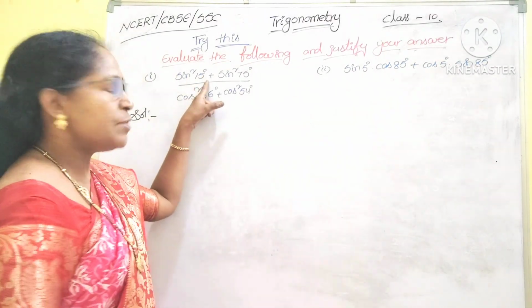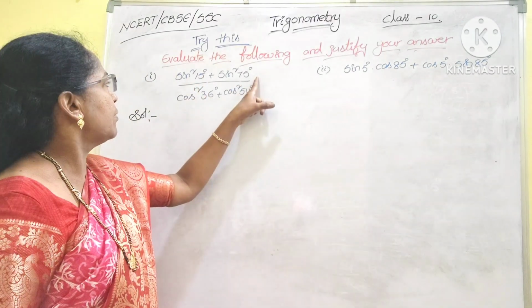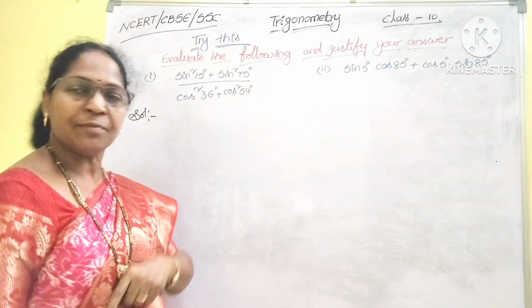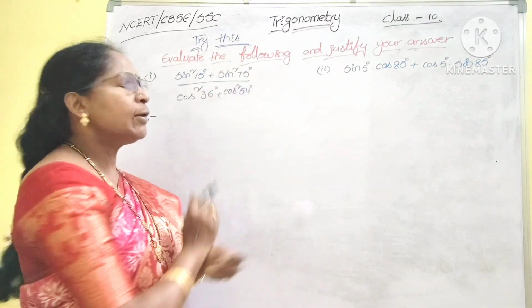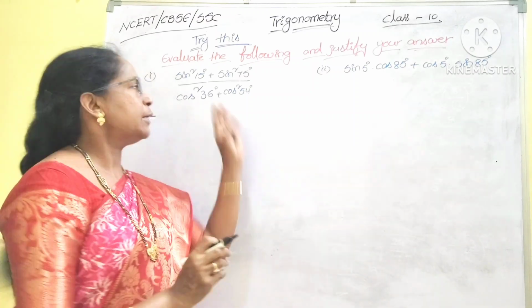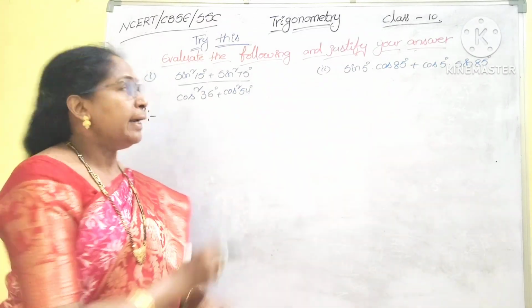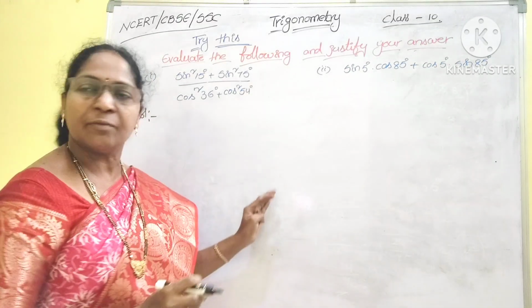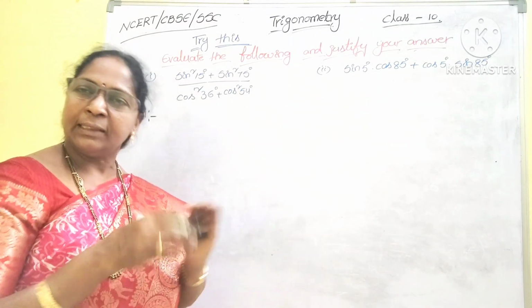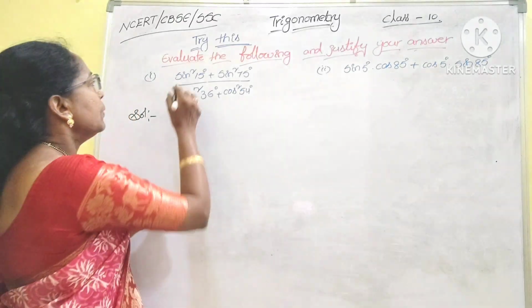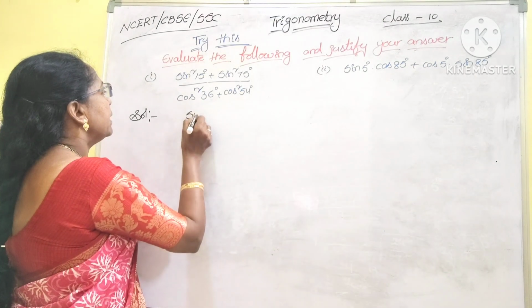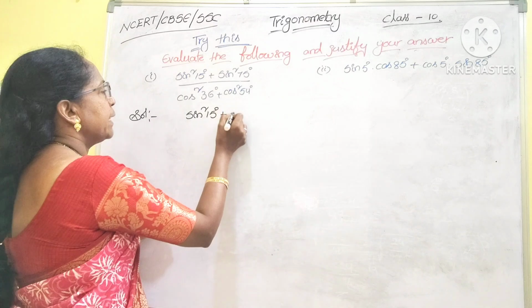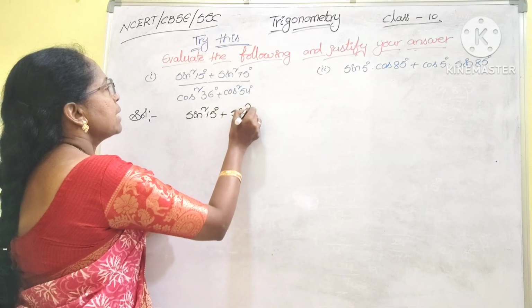So try this first sum, evaluate the following and justify your answer. Now sin square 15 degrees plus sin square 75 degrees divided by cos square 36 degrees plus cos square 54 degrees. Here the given question in terms of the square terms and trigonometric ratios. In square terms means we have the trigonometric identities. Try to write in the form of the trigonometric identities. Then you can solve the problem. So sin square 15 degrees plus, and second one I am writing here, sin square